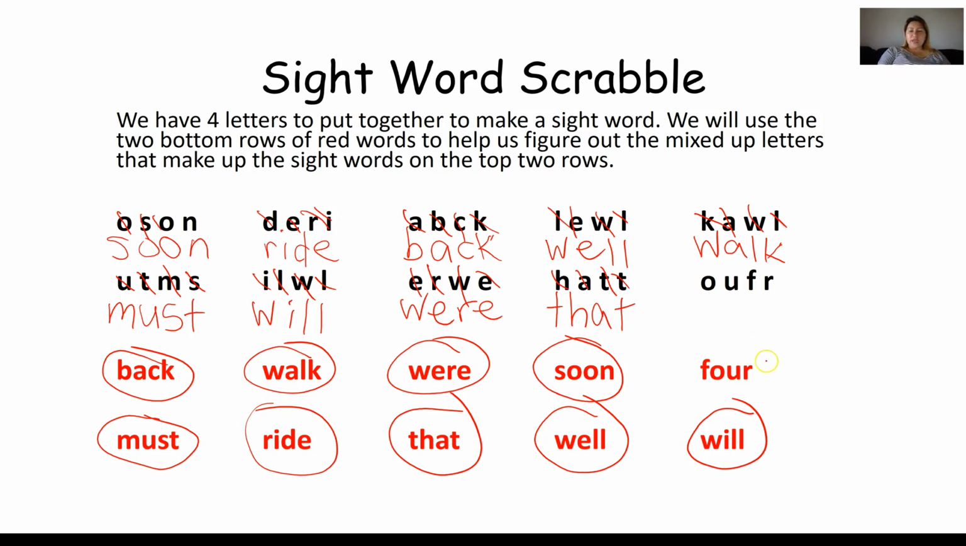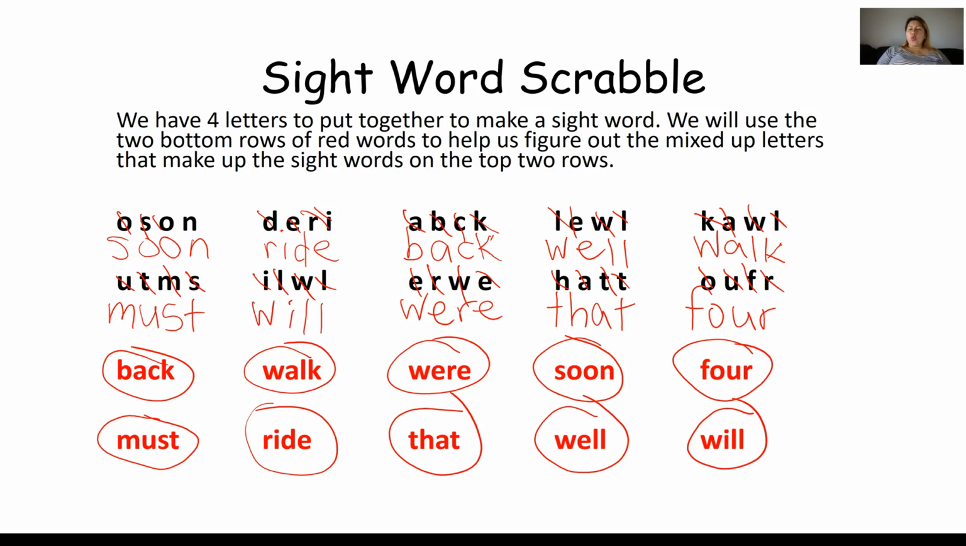So it must be this one. I see an O, a U, an F, and an R. Yes, it is. So first we have an F, cross that out. Then we have an O, cross that out. We have a U, cross that out. And then we have an R, cross it out. All right, so let's go ahead and read